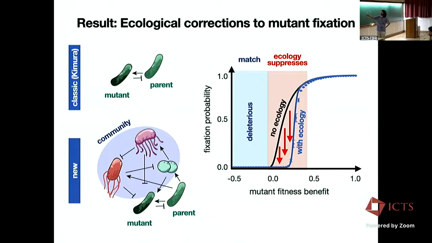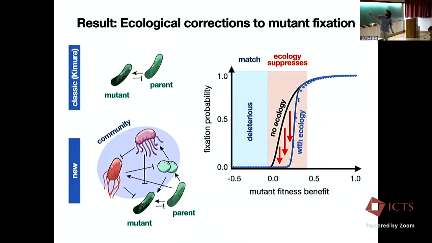Typically, S is greater than 0. And here you see that essentially ecology, or the presence of the community, is strongly suppressing the mutant's ability to fix. So you see this black line over here being a much smoother increase in the fixation probability, whereas this blue line over here with ecology is much sharper. It's almost switch-like. You go from 0 to 1. And so it's really the presence of the community, we think, that is going to suppress a lot of